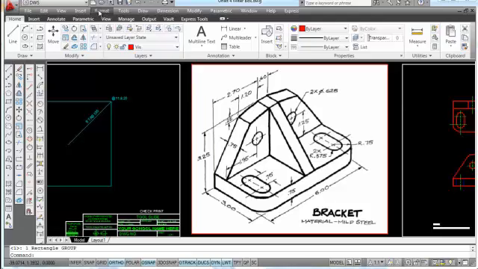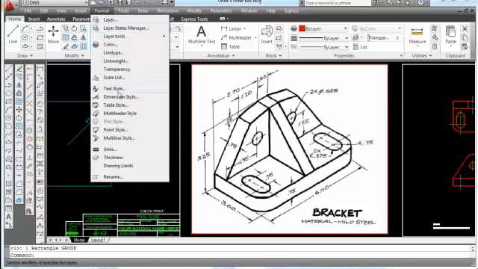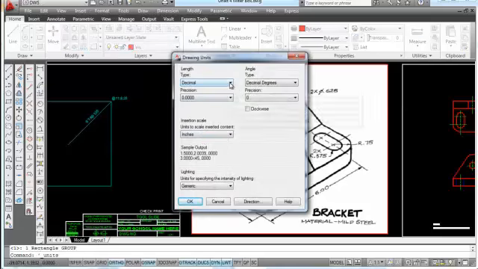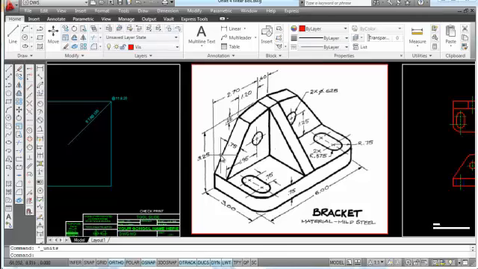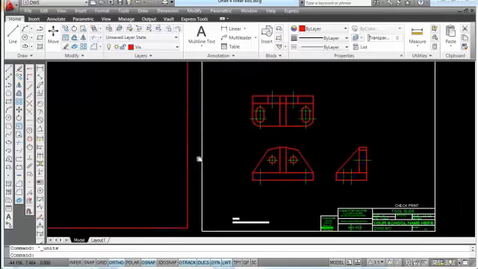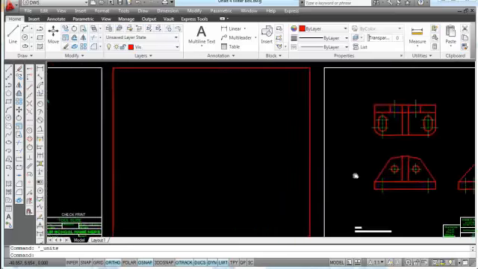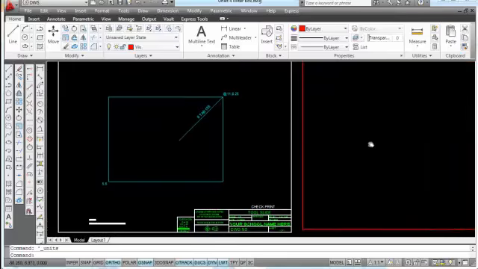Don't forget also that if you click on the format menu over here, that you can go down and click on units and set your decimal units, and then also set your precision to 3 places. Pick OK there. Alright, so in looking at this, I'm going to draw the front, the top, and the right side view, and when I'm finished, I want those views to look something like the views that you're seeing right here. And I'm going to begin by going to my prototype drawing,